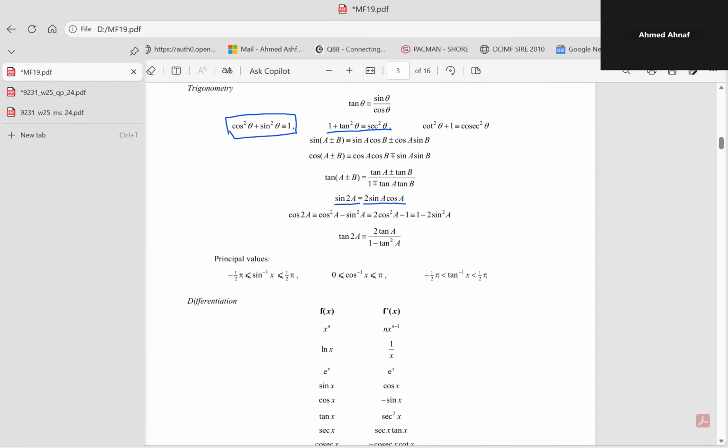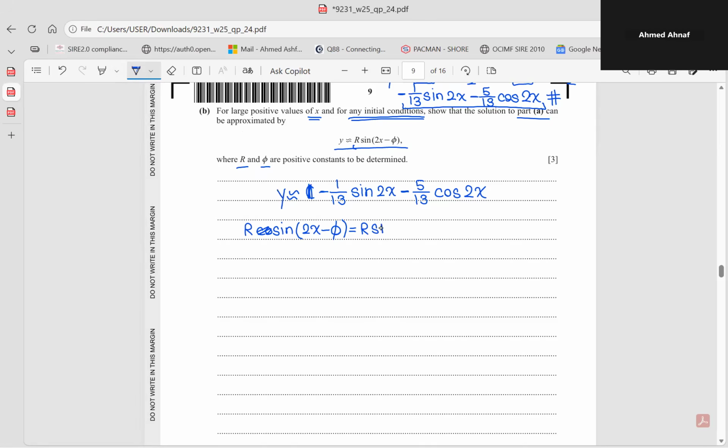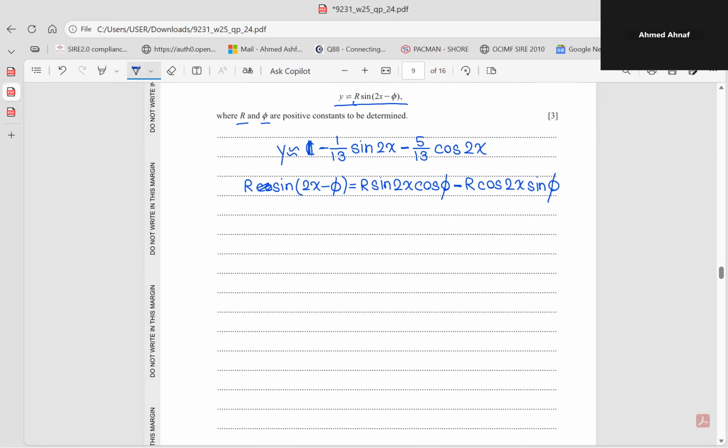This is sine of A minus B, and sine A minus B is sine A cos B minus cos A sine B. So this is going to be R sine A cos B minus R cos A sine B. Now we're going to equate this estimate to this: minus 1 over 13 sine 2x minus 5 over 13 cosine 2x equals